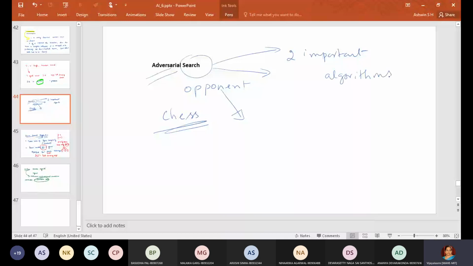Very interesting algorithms under adversarial search: how you can plan the game. I'll take some simple examples and explain how you can develop this searching when you don't know what the opponent is doing or planning, because it's all unpredictable here, right?